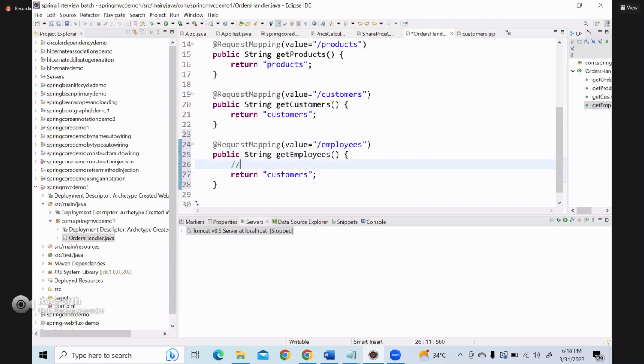Here I'll write a database logic to get the employees, right? Now, what I'll do is